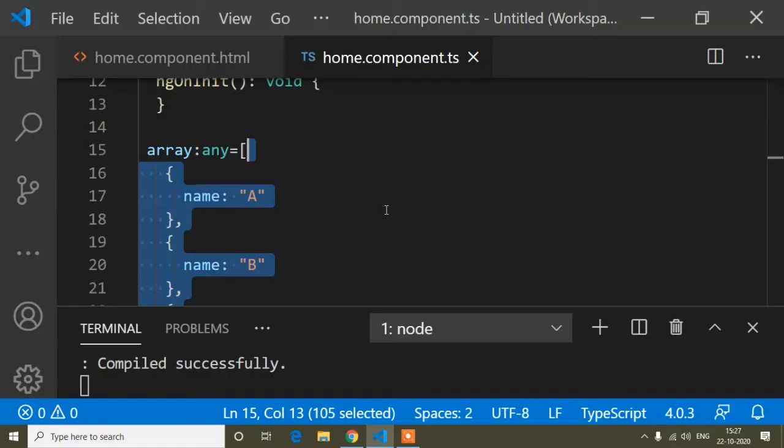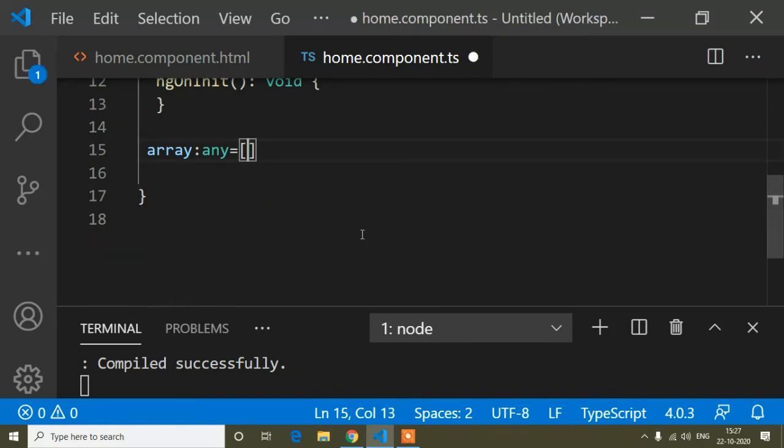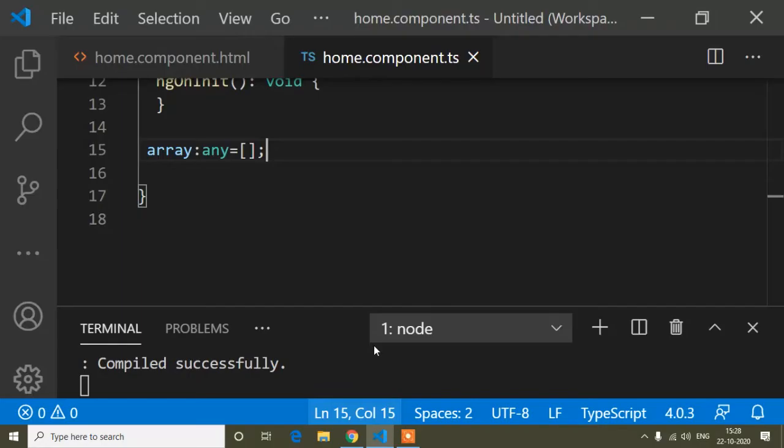But if the array is blank, this time it will show "no content". So this is the use of ng-template. Here you can see it's compiling.